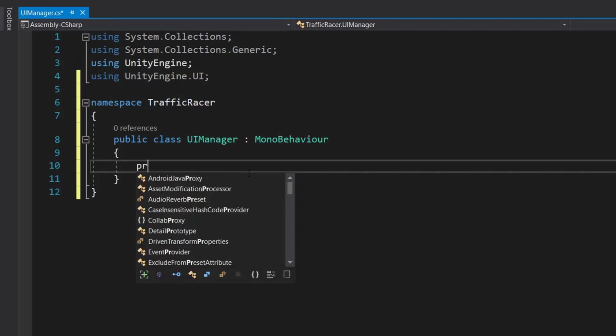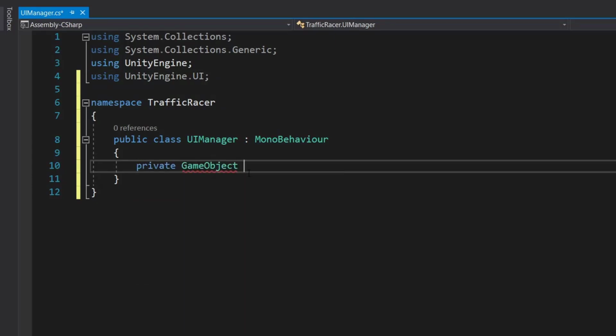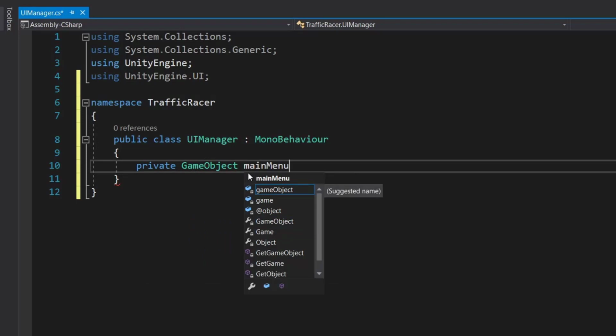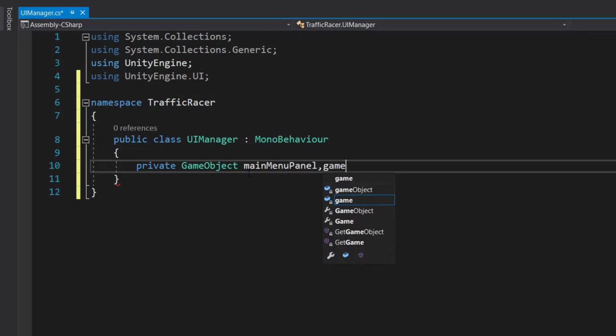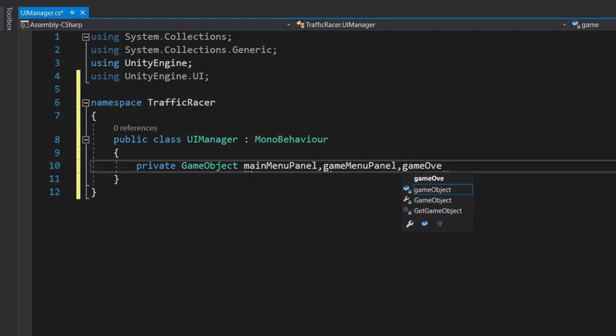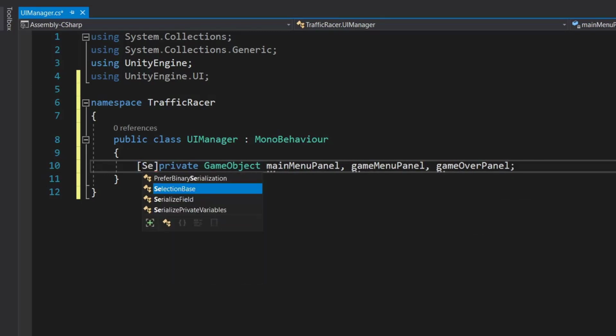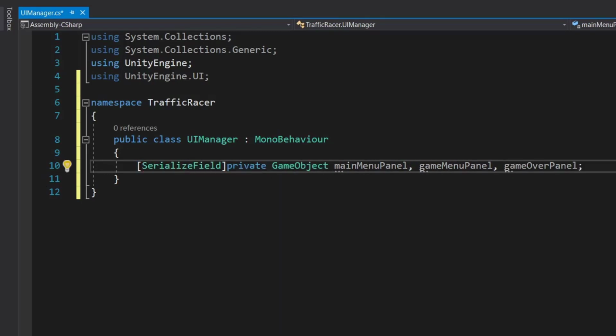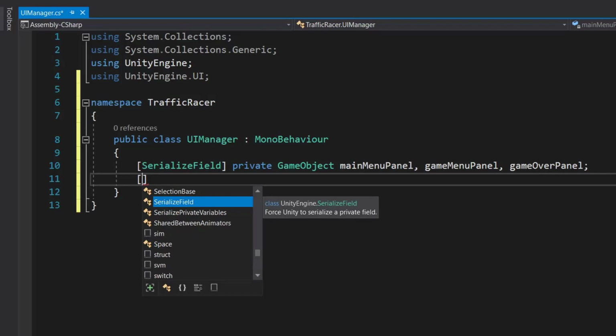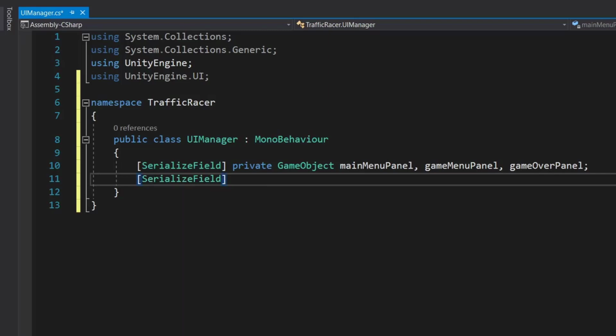So we'll create a private GameObject, main menu panel, game menu panel, and game over panel, and we will make this a serialized field so that we can edit it from inspector. Then we will create a serialized field, private Text, distance text.